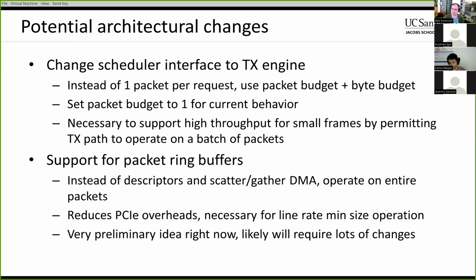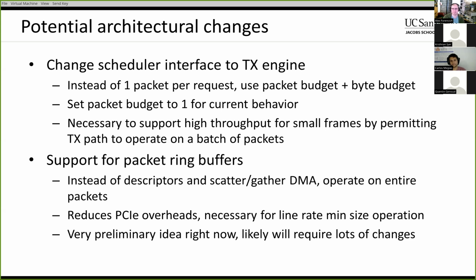The other thing that I was thinking about as well, which other NICs do on some level, is support for basically packet ring buffers. So right now, all of the communication with the DMA engine involves descriptor rings, but the problem with descriptor rings is you have to go read the descriptor and then go read the packet data and then send the packet data. With the way the Linux kernel manages packets, all the packets have to sit in their own little blocks of memory. But this isn't necessarily the most efficient way of doing things because you have all these additional PCIe reads